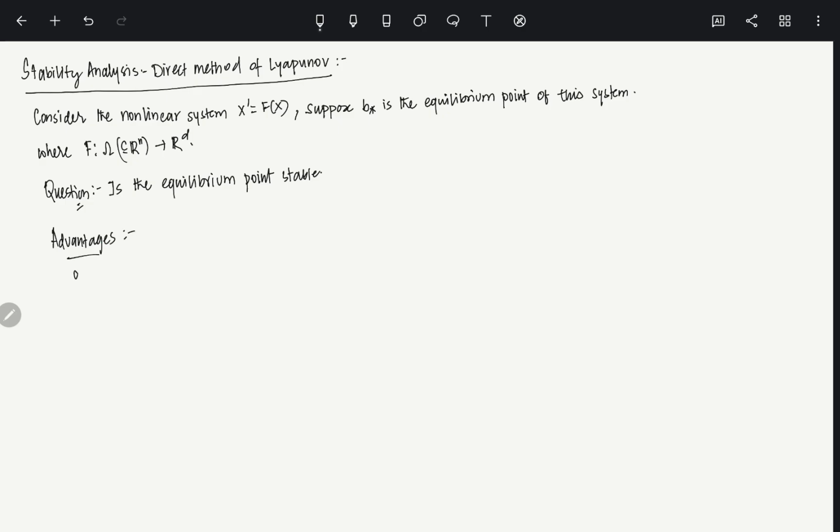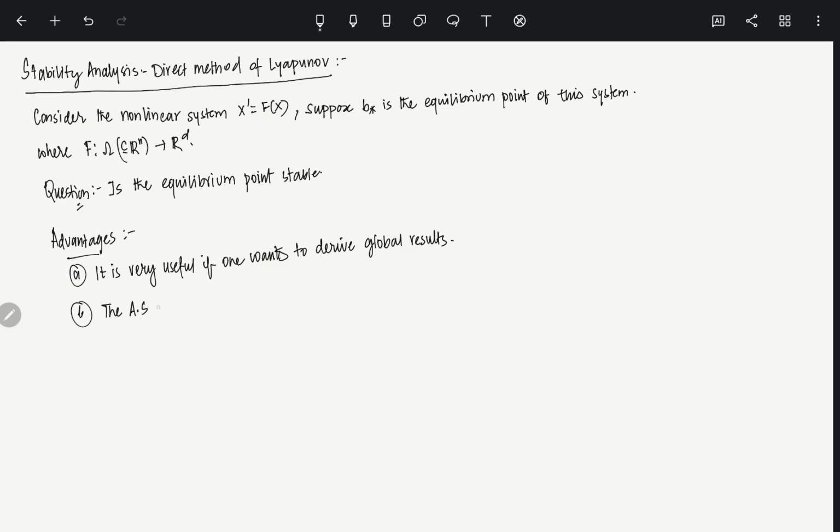First of all, this particular method is very useful if one wants to derive global results. Also, in the earlier cases you have seen that the asymptotic stability of some equilibrium depends on the eigenvalues. If an eigenvalue is 0, we really can't say anything. So here also the thing is the asymptotic stability,